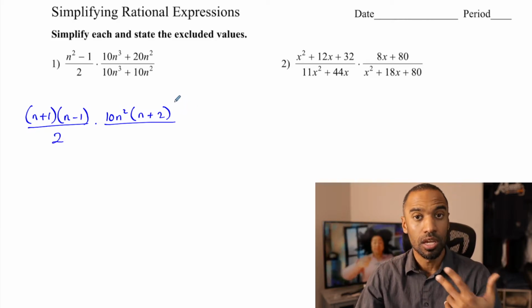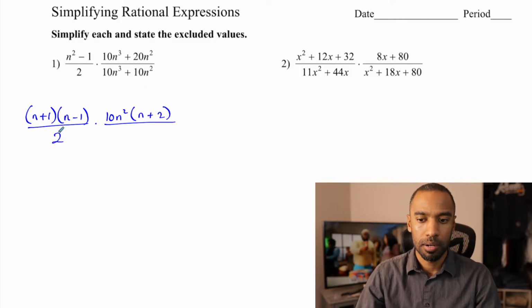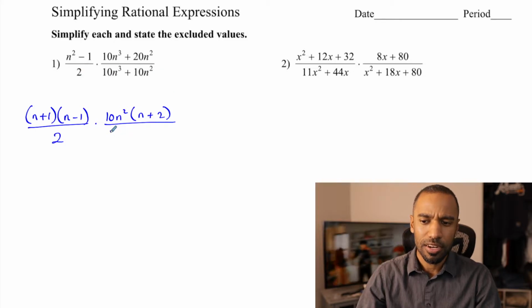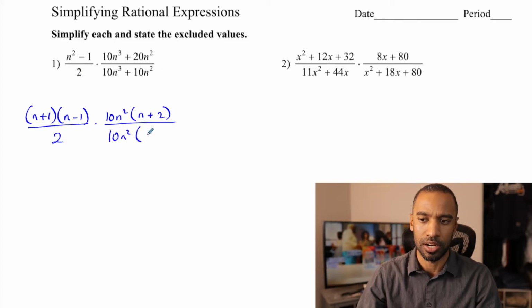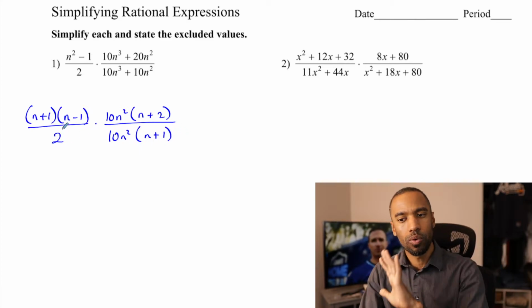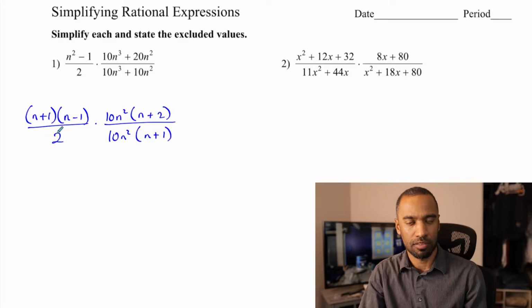Again, I'm assuming you know something about that. Now on the bottom, there's nothing I can do with the 2, but right here I have another 10n squared that's a great common factor here, and now I have n plus 1 that remains. So if I can rearrange things here for a moment just to appease what it is that we have here,